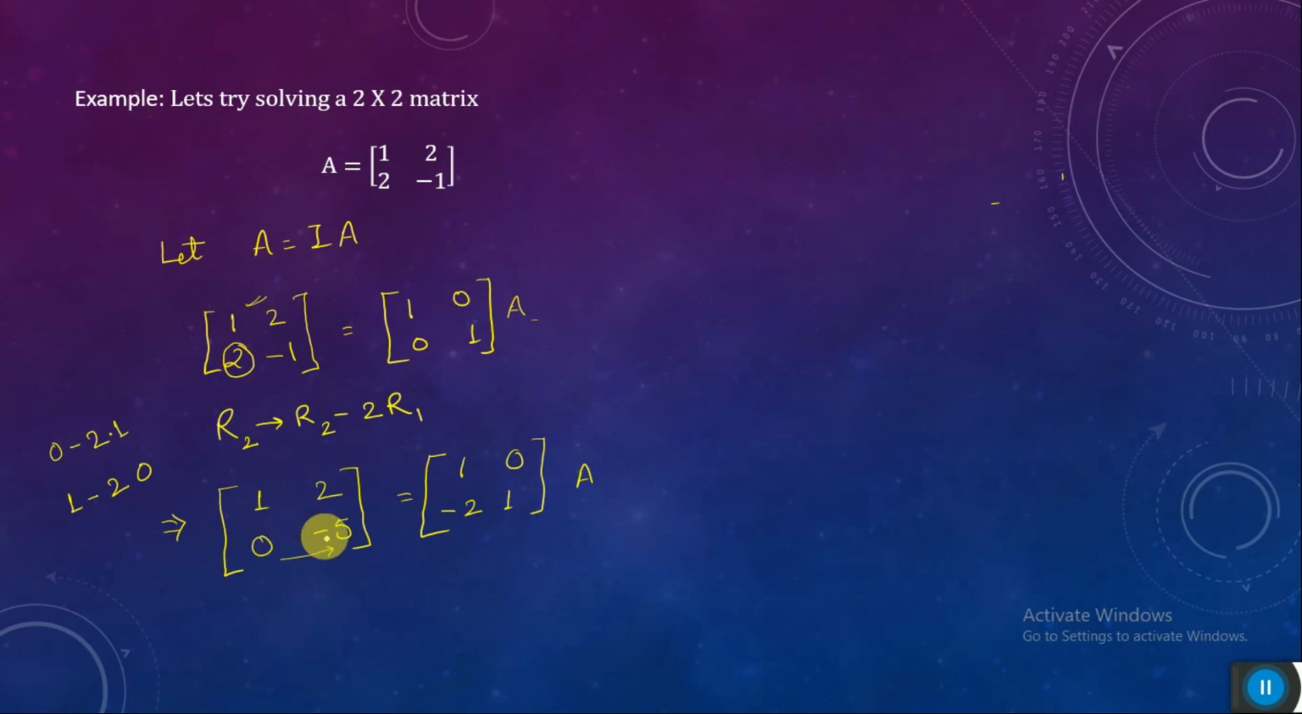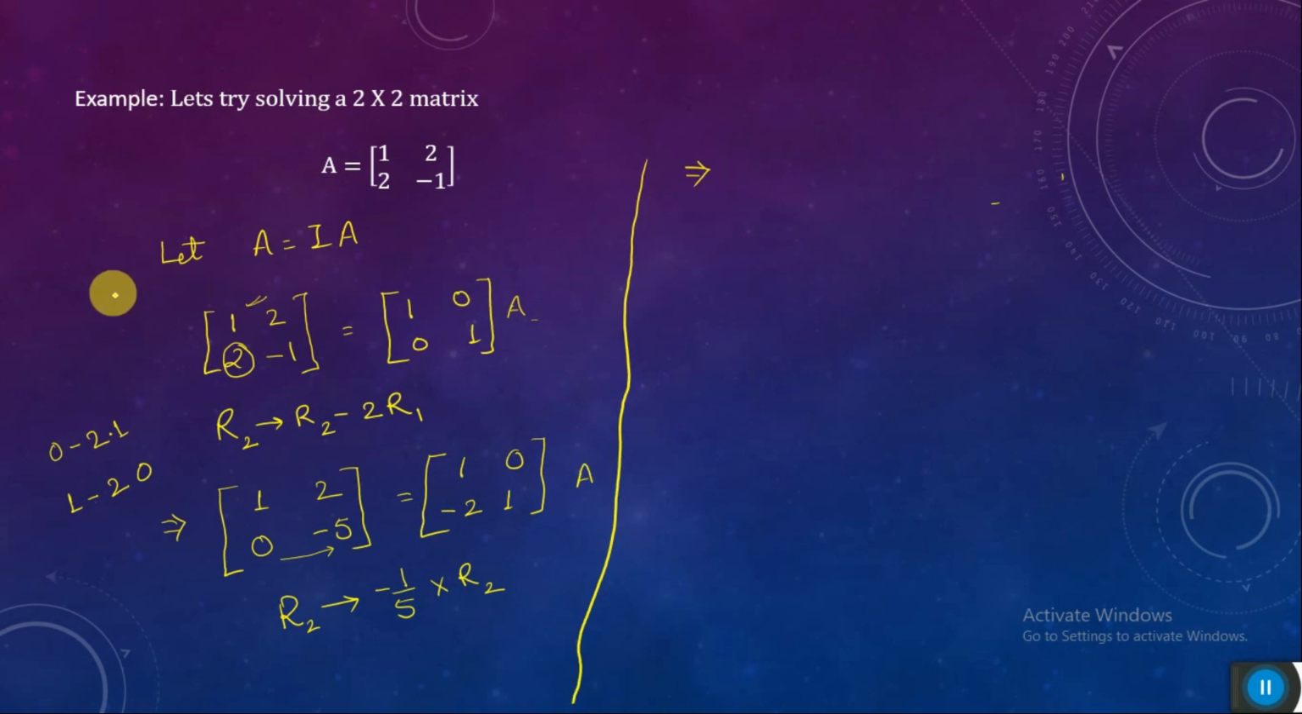If this was not changing, then you could have done it, but this one is changing. So what will I do? Row 2 tends to minus 1 by 5 into row 2. Why am I using multiplication? Because multiplying anything with 0 gives 0. So see here, this implies